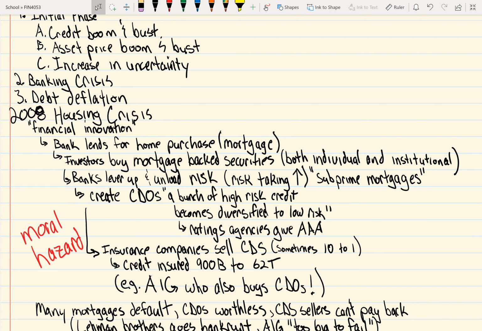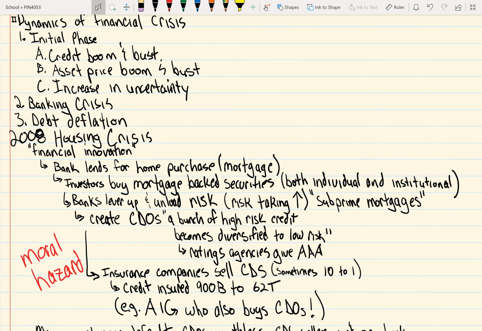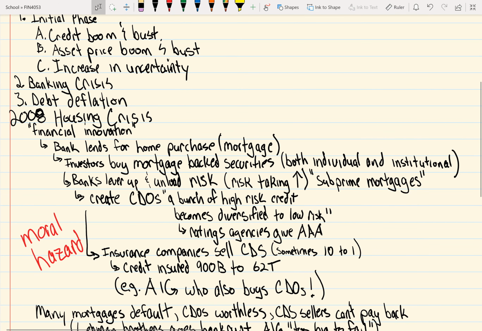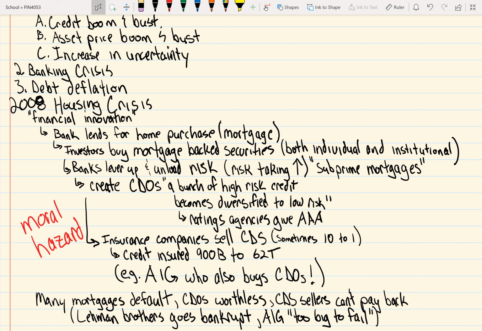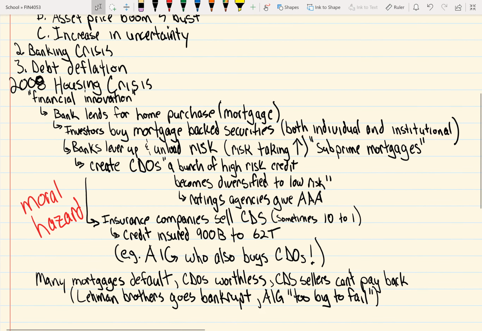So the credit boom and bust here, that would be initially in the early 2000s, it was easy credit, it was cheap money. So credit boom, which can be a good thing. That means people are lending, people are saving, people are investing. But of course, then it can end up with a subsequent bust. And the same thing with these asset prices. It's the same idea, except you can think of that as the housing prices, that would be the asset price boom and bust.